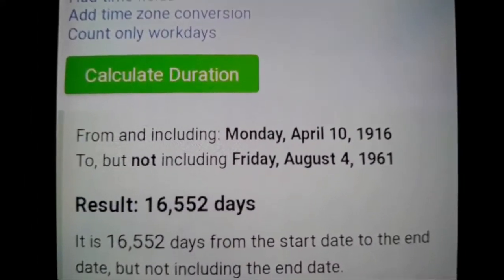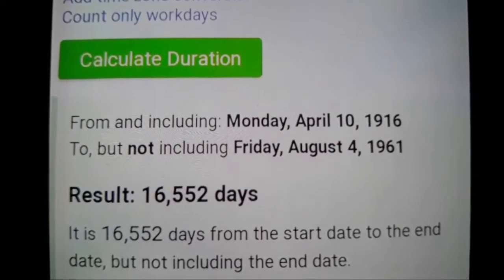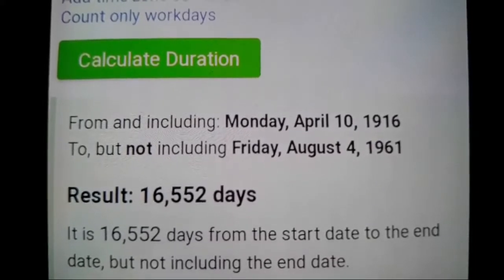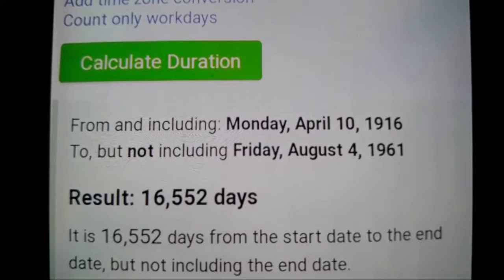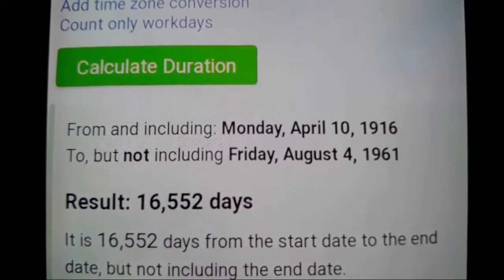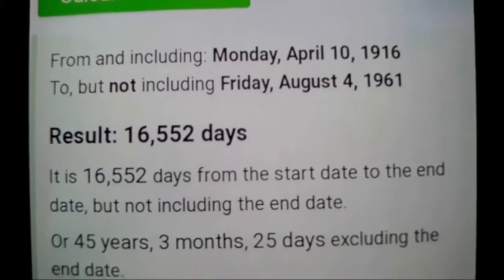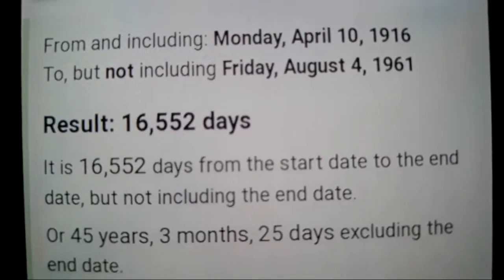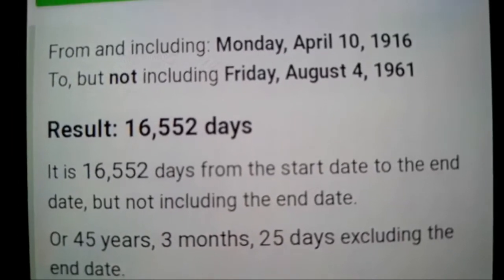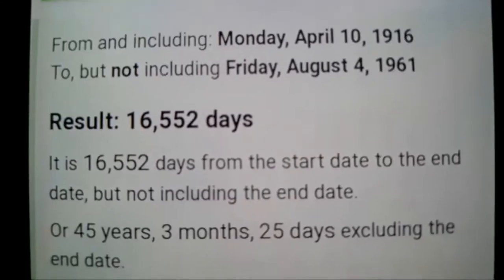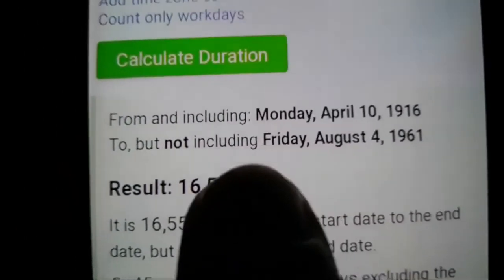Okay, so with the days, we don't get nothing. The only thing I can see on the days is the 165th day, which is Trump's birthday of 6/14, but I don't see nothing in this. Okay, but wait. So what is that? Look at this. Now watch this. Look at the years. 45 years, 3 months, 25 days. And what does that mean? Okay, I'll show you. 45, 325.